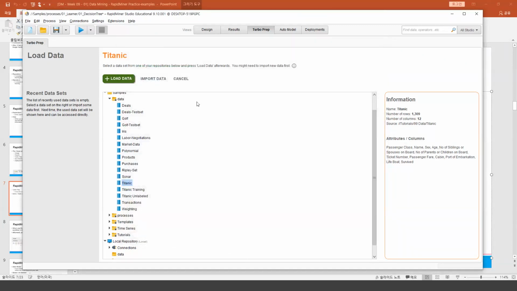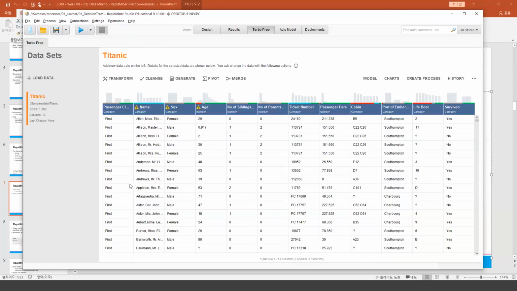Now just let me use the Titanic data, and there are 1,000 rows. This is the basic information, and there are 12 columns, and those are the attributes: passenger class, name, sex, age, number of siblings or spouses on board, number of parents or children on board, ticket number, passenger fare, cabin, port of embarkation, lifeboat, and so forth. So if I use this data, when I double click,